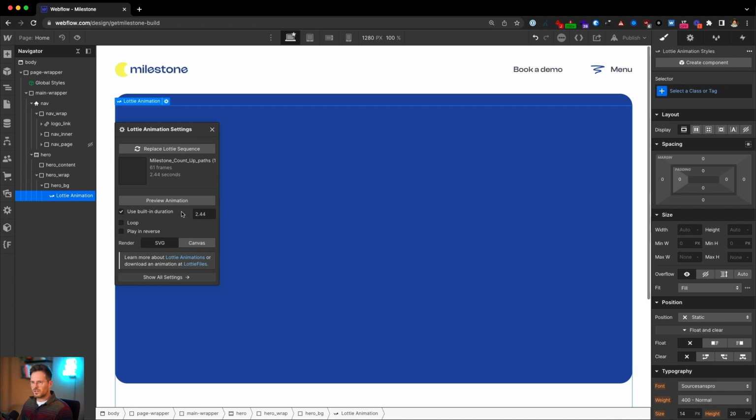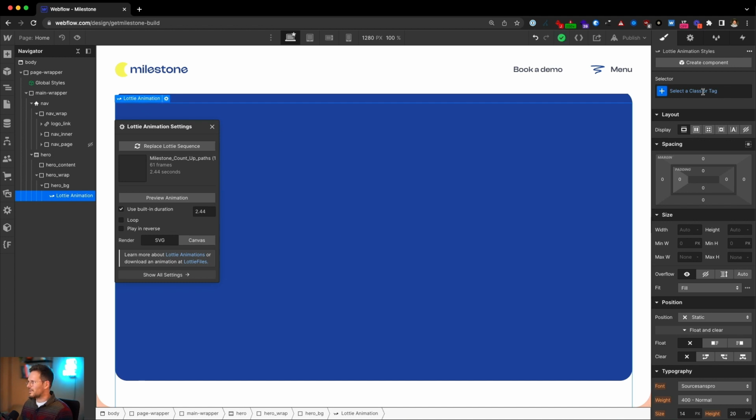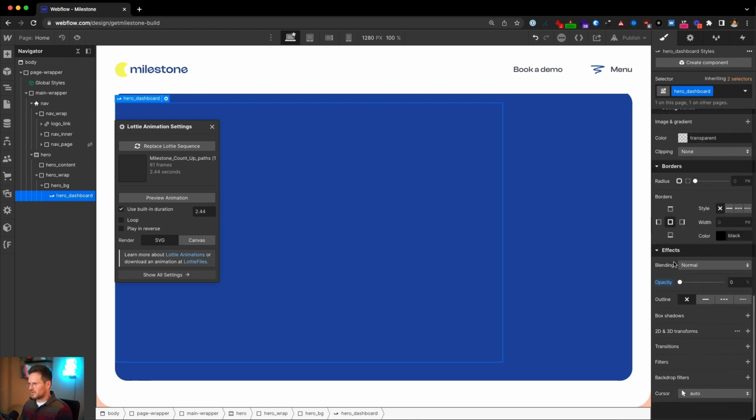Let's use the built-in duration. That should be fine for now. And let's give it a class of hero dashboard. I give it a width of 75%. We already have an opacity value set here, but let's delete it for now so we can see it.